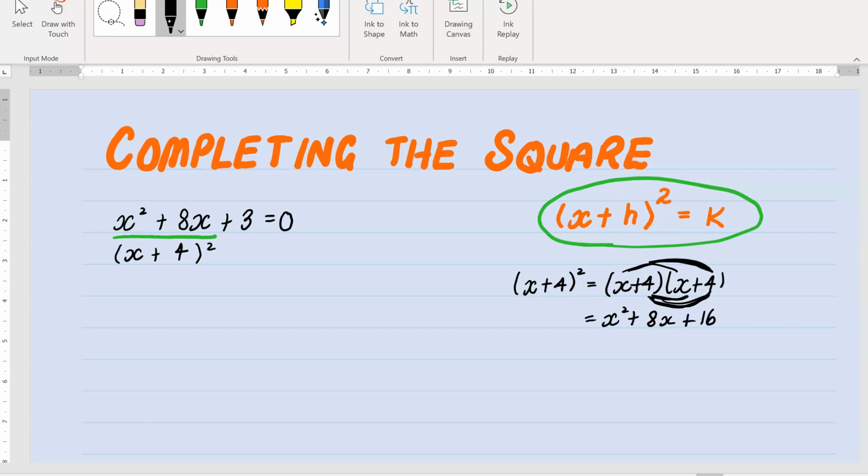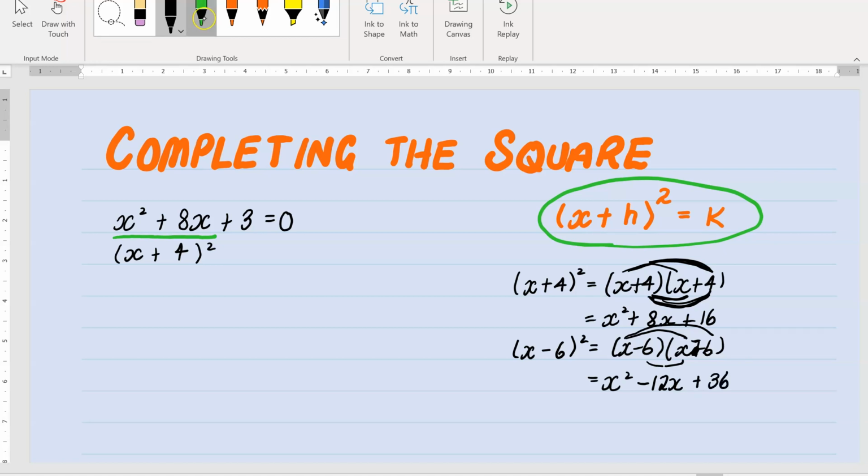And I can keep doing this all day, every day, even if we do, how about we go x take 6 squared. That's going to be x take 6 times x take 6, and if I expand that, x times x gives me x squared, x times minus 6 is minus 6x, then I get another minus 6x, so that's minus 12x,